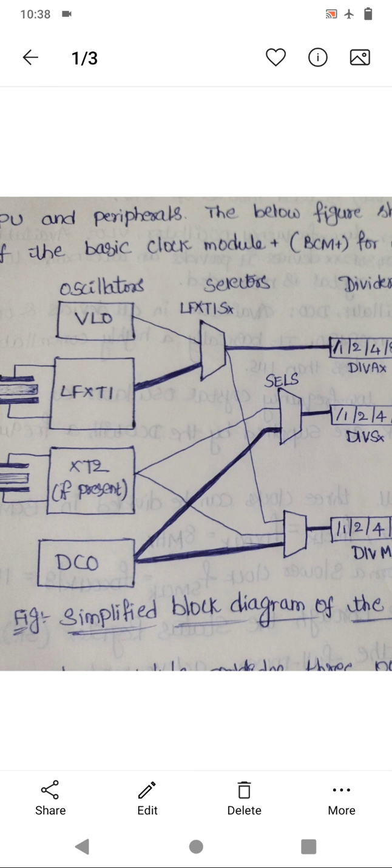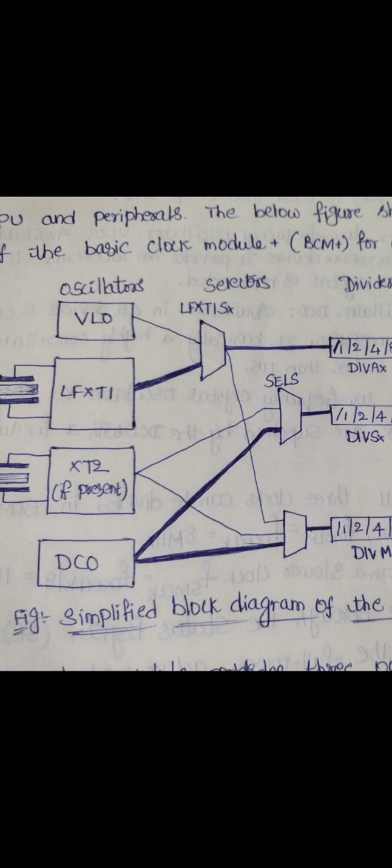The frequency of the three clocks can be divided by the modified clock module. This can be done using the modified clock systems. These are the different clock systems which we are discussing. The frequencies of these three clocks can be divided. We also have another point, that is the control of the clock module through the status register.